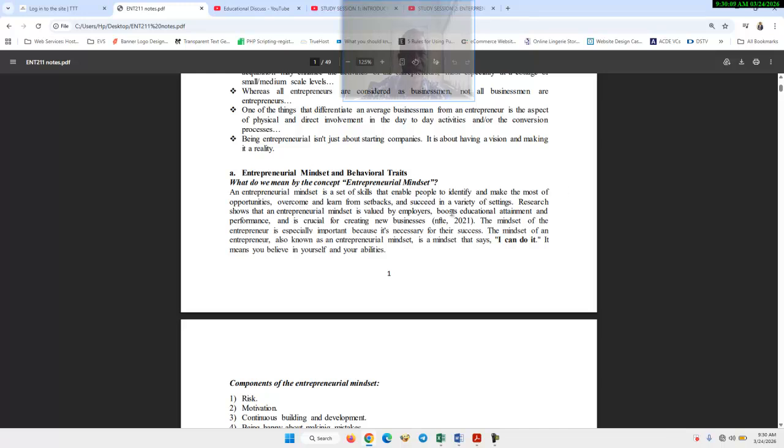So this material then will form the basis for your examination. It is from this material that your CBT questions will be set. So as a result of that,